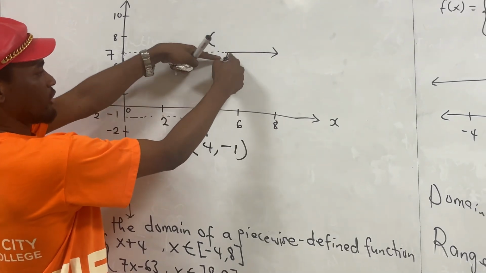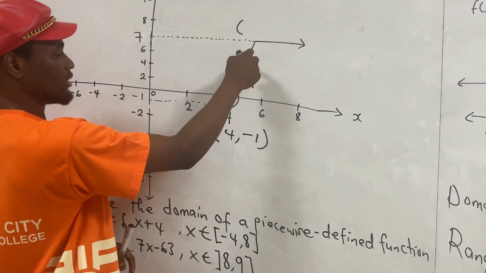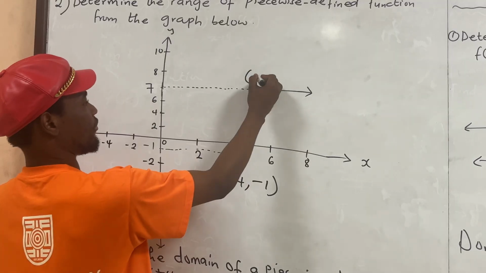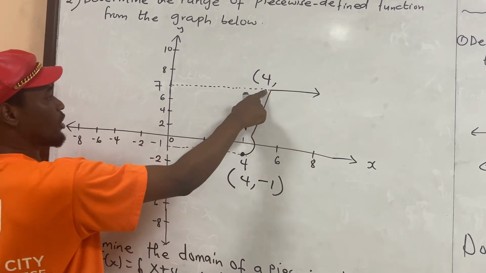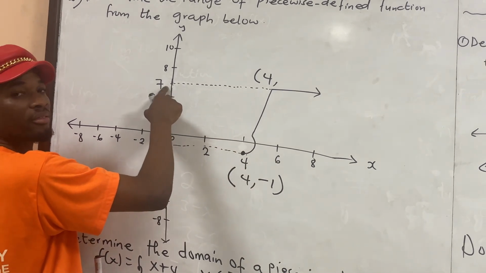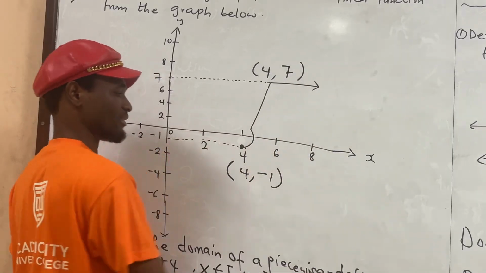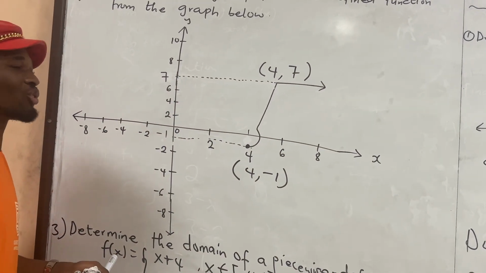Now, let's come here. Here, what do we have? On the x-axis, we have 4. Then on the y-axis, what do we have here? We have 7. So therefore, okay, the question didn't say we should write down